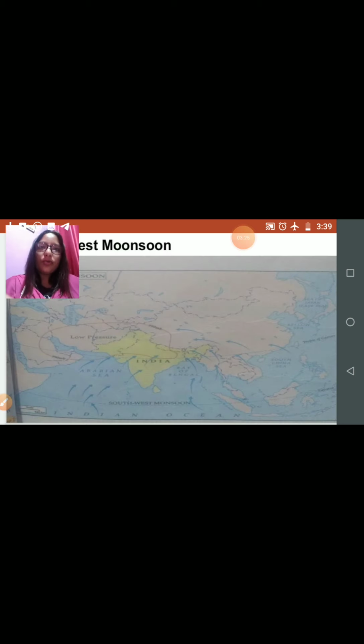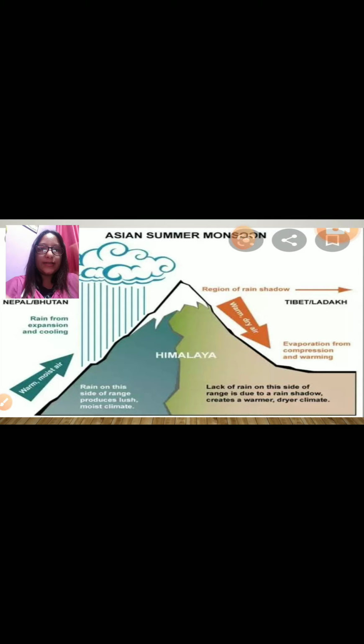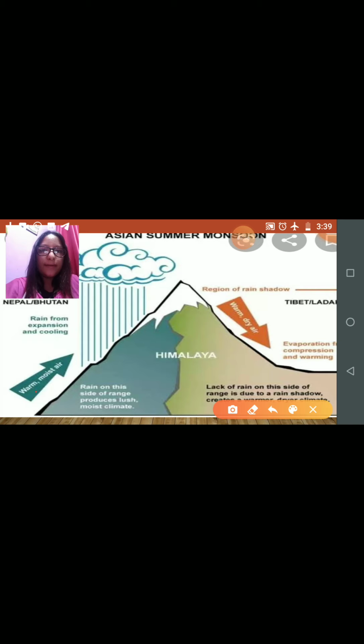One thing you have to understand here: monsoon rains are mainly orographic in nature. Let us see what orographic rainfall is. Orographic rainfall is caused when the path of moist air is obstructed by mountains, forcing the winds to rise. As they rise, they cool down and condense into clouds. When they reach the saturation point, heavy rainfall occurs. As this rainfall is caused by the relief of the land, it is also known as relief rainfall.